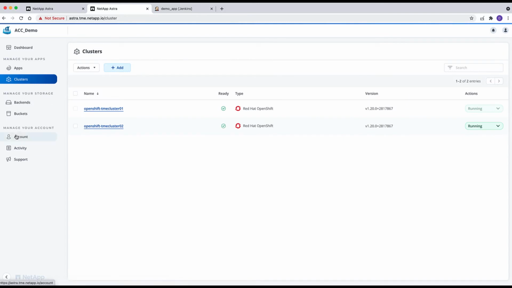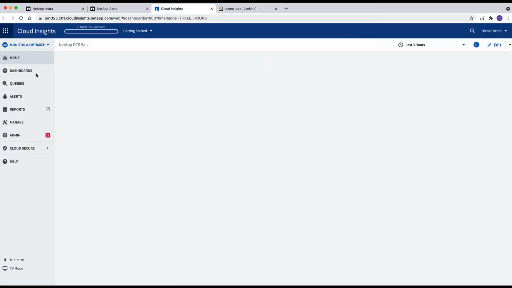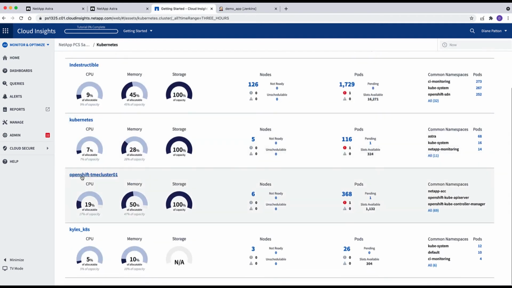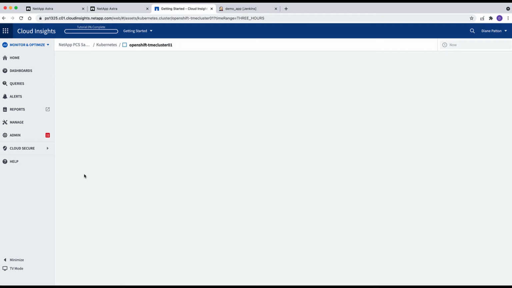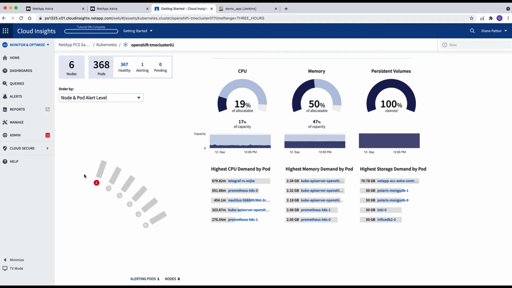We're also able to see the health of our clusters with Cloud Insights. Just connect Astra Control Center to Cloud Insights. Go to Kubernetes Explorer. Click on our cluster, and we can see the number of nodes, pods, CPU, memory, PVs. We can even go deeper into a node and see exactly what's on it and the health of the pods